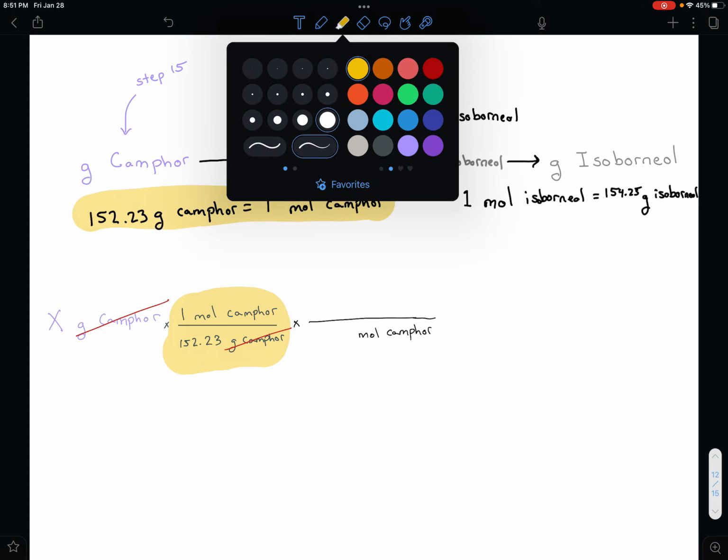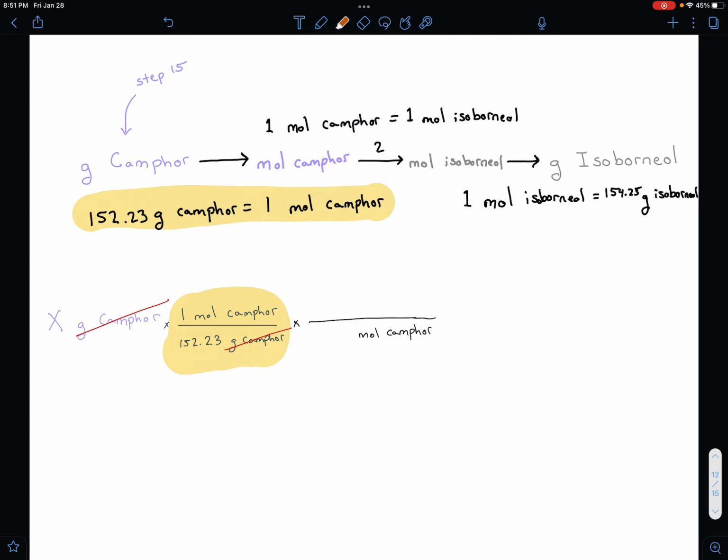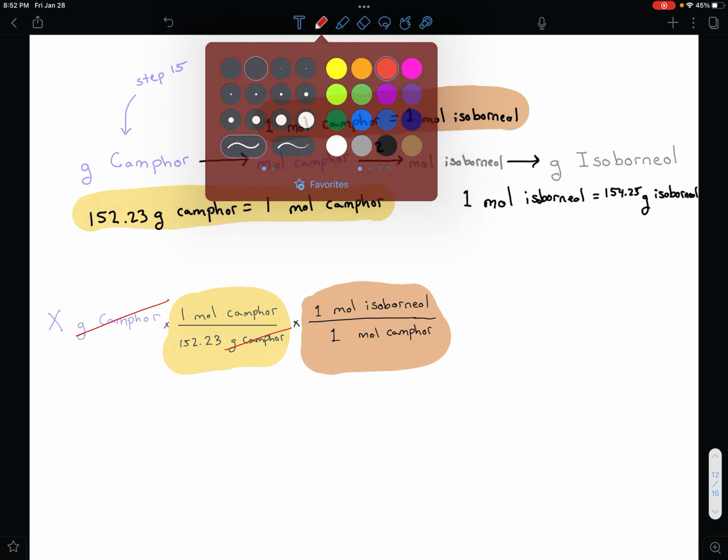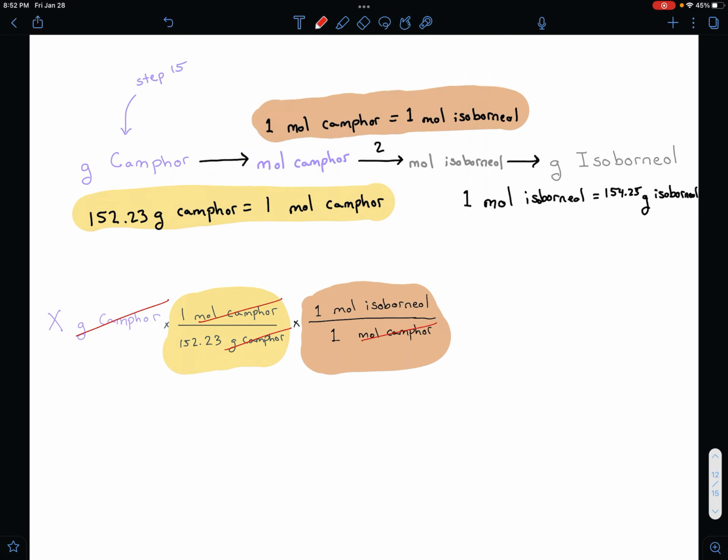We're going to fill in this second fraction with our second conversion factor. So next to moles of camphor, we'll go 1. Going over the fraction bar is like going across the equal sign. So on top, we'll have 1 mole of isoborneol. Moles of camphor will cancel out, and we'll be left with moles of isoborneol,